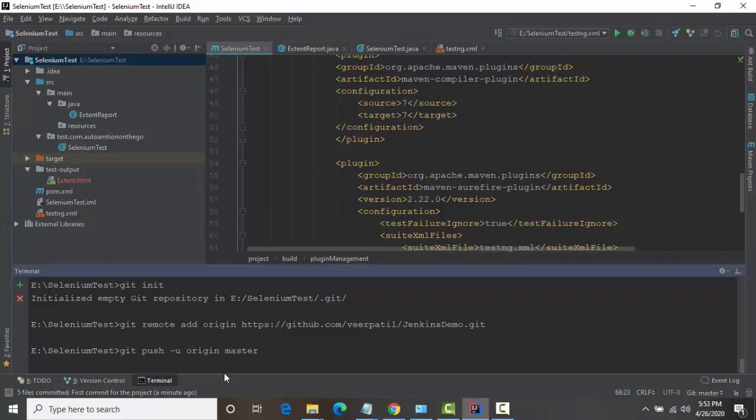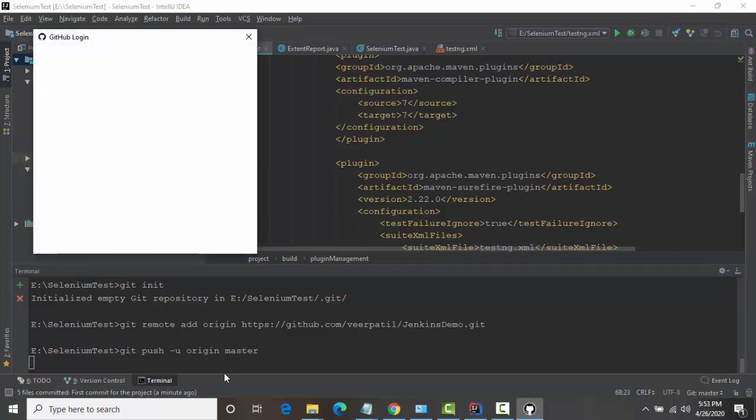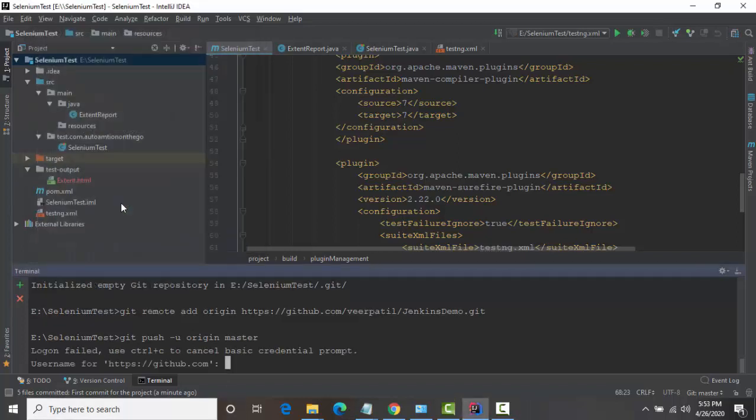So maybe it will ask you for a password. Yes, so here I will type my email ID and password and click on login. So what it will do, it will authenticate.